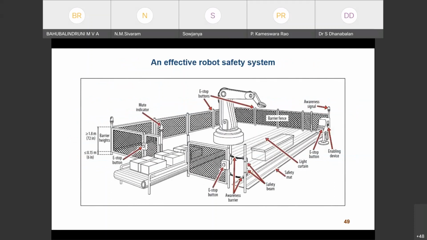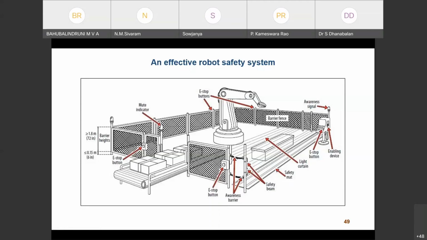Generally we can have an effective industrial robotic safety system of this sort, whatever the picture is showing you. This is an example of an effective industrial safety system. So you have the barriers where you are covering the perimeter, you are protecting the perimeter, and the barriers also have some specification with respect to their height. And you can see the robot's envelope is well within the barriers or the perimeter. And you can see the awareness signal, the safety mat, the safety beam, the light which will protect you, and will make the robot slow down or completely stop, then the emergency stop button, then again the enabling device, because when there is an emergency stop button, you stop the machine